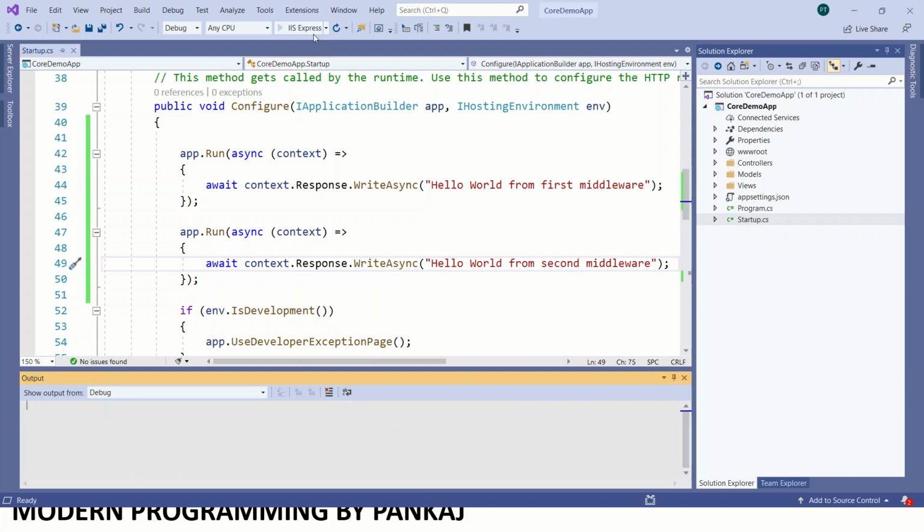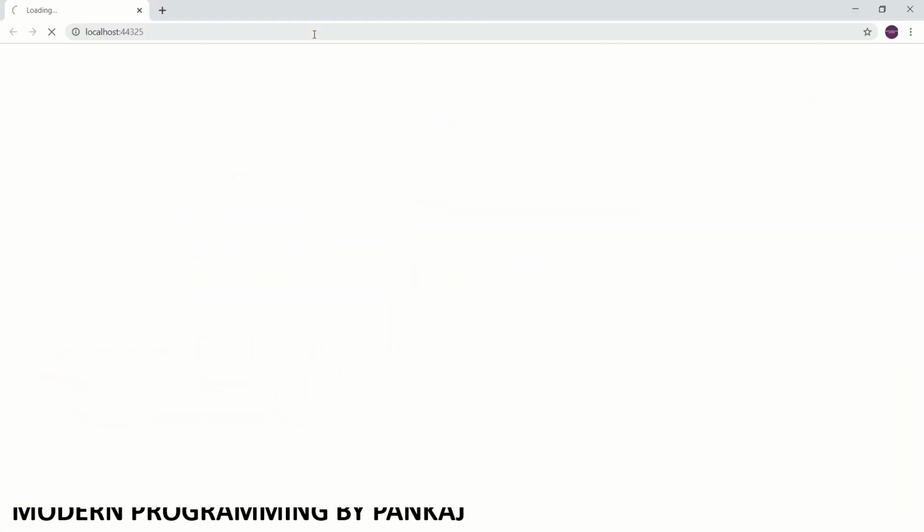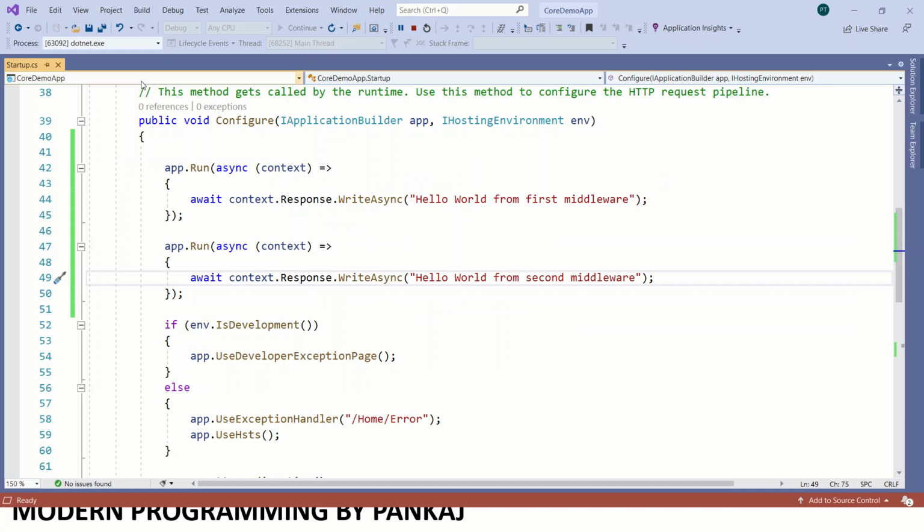Let's see. We have got hello world from first middleware, and the second middleware will never be called. So it is unreachable. You can say it will never be called.